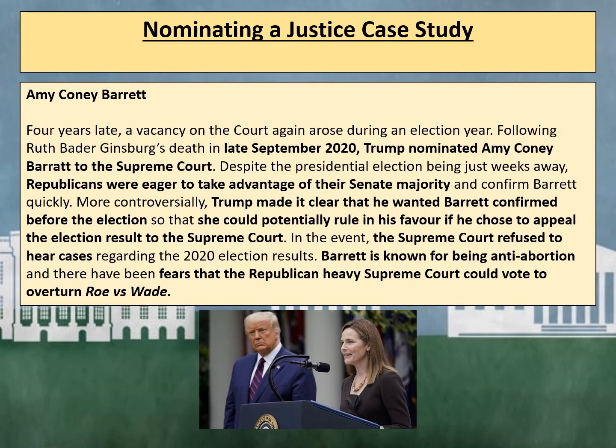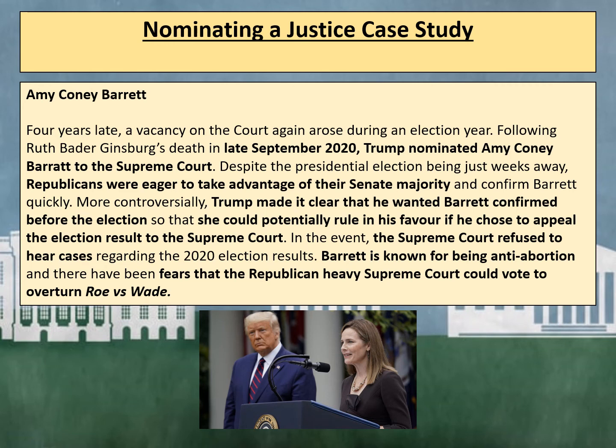Now let's look at the case study of Amy Coney Barrett. 4 years later, a vacancy on the court arose again, and again this was during an election year. Following Ruth Bader Ginsburg's death in late September 2020, Trump nominated Amy Coney Barrett to the Supreme Court. Despite the presidential election being just weeks away, Republicans were eager to take advantage of their Senate majority and confirm